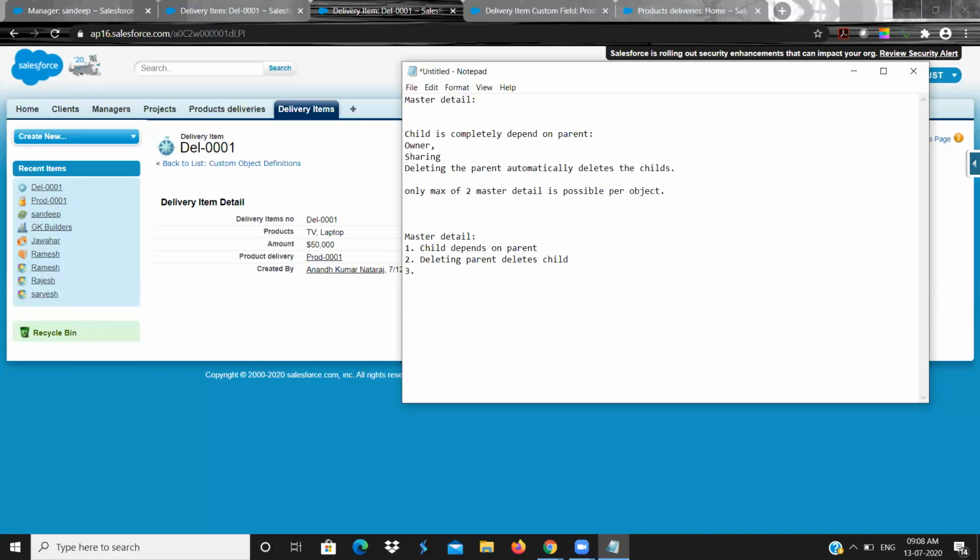There is also a checkbox for reparenting, to reparent the child to some other parent. Apart from that, a master detail cannot be created on an existing object if records exist. What we need to do is create a lookup and populate it.